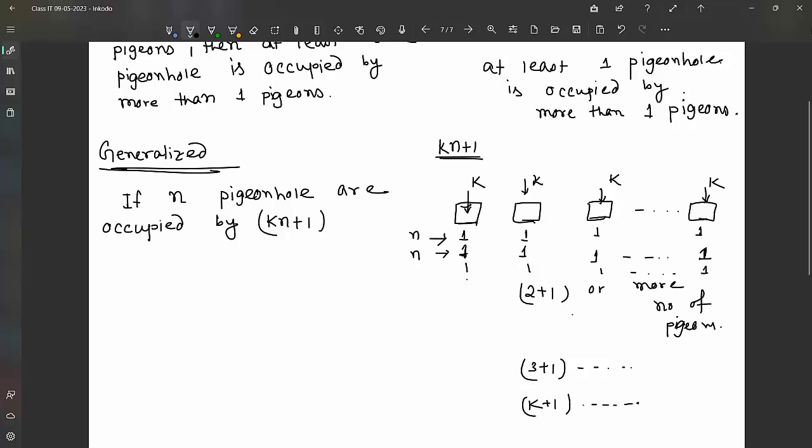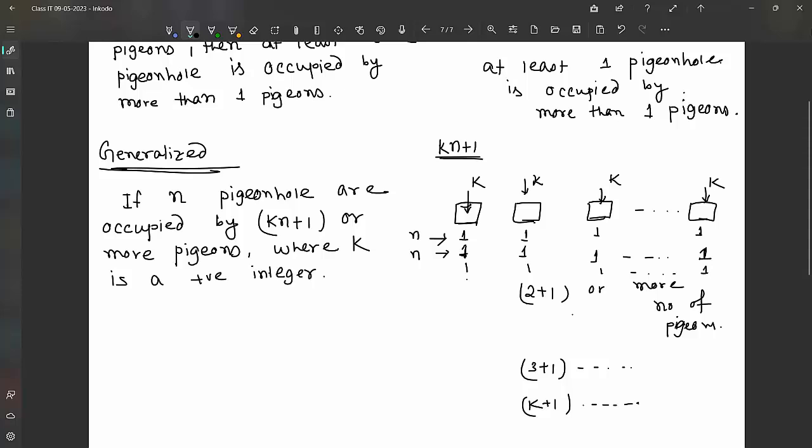So this is the generalized case of the pigeonhole principle. So if n pigeonholes are occupied by kn plus 1 or more pigeons, where this k is a positive integer,